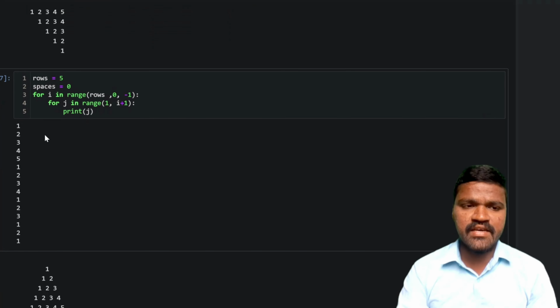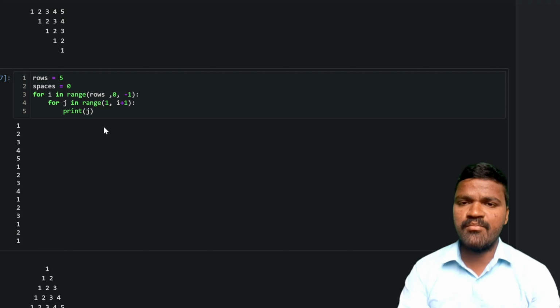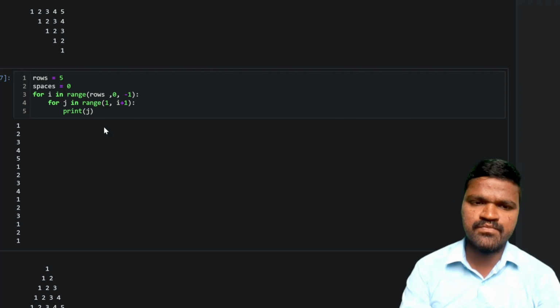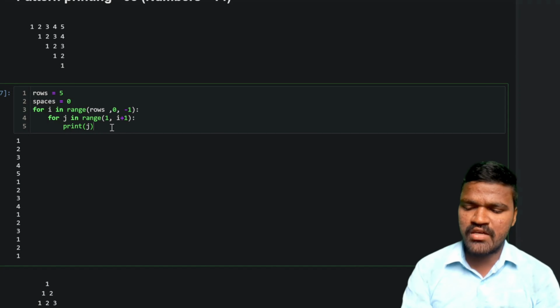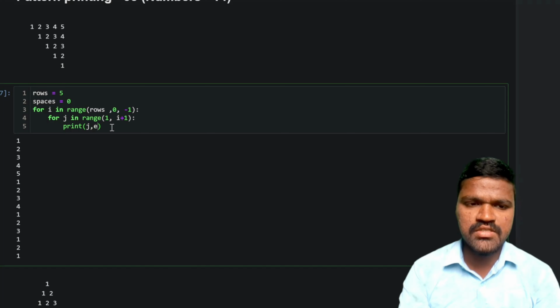If you can see here, we are having 1, 2, 3, 4, 5, 1, 2, 3, 4, and 1, 2, 3. Like that, we are actually getting the numbers. The only thing we need to do is arrange those numbers so that we can get the pattern. To arrange, first I will use an end parameter,